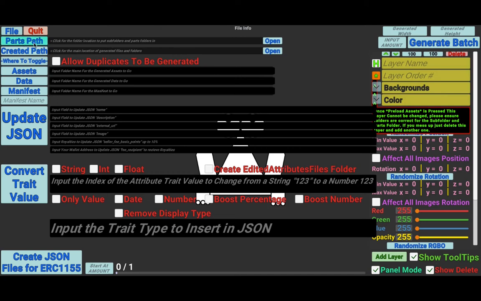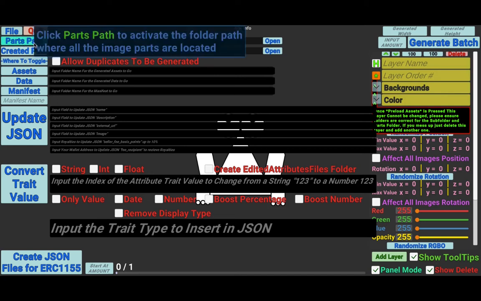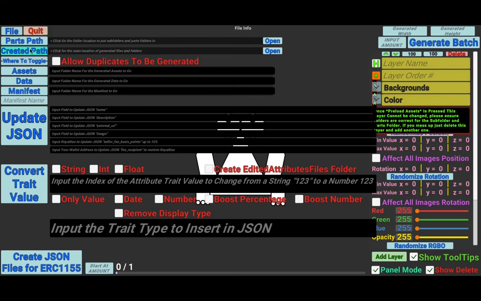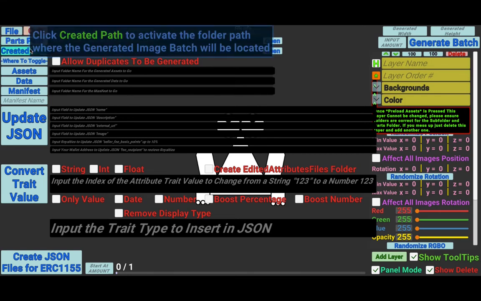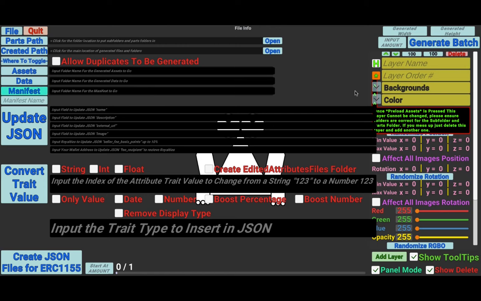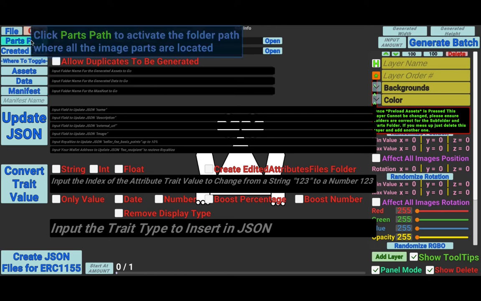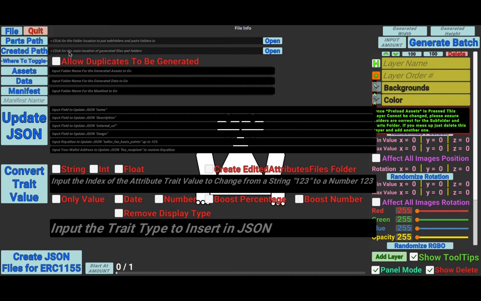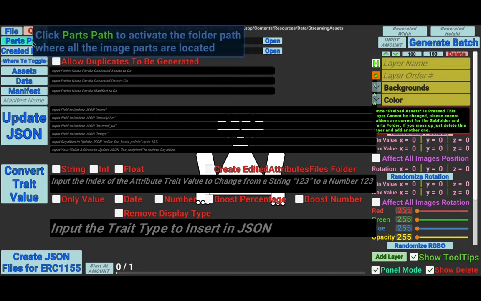And if you notice, if you hover over something for about 3 seconds, it'll show a tooltip. So each field, I have a tooltip on everything. So if you're not sure what something does, you just hover over it and it should give you a little explanation of what certain things do. But the first thing we're going to do is click on parts path, because we've got to know where we're